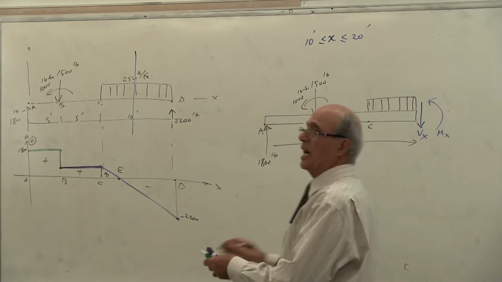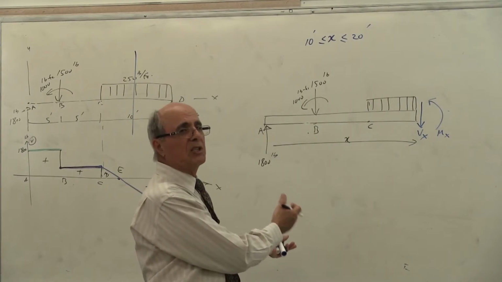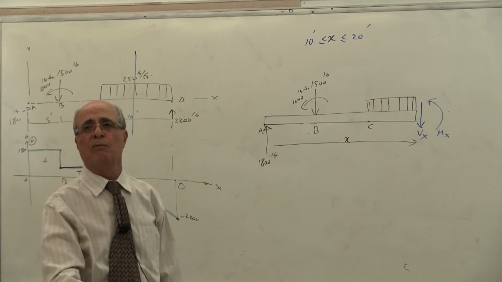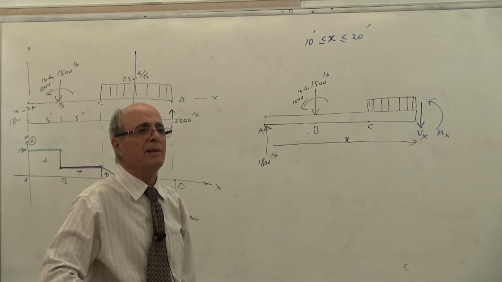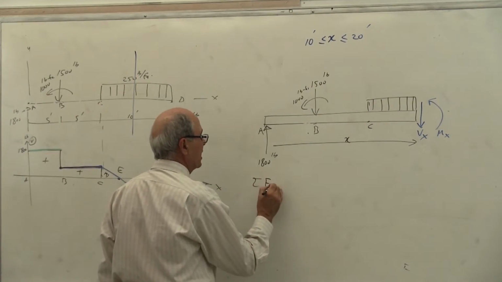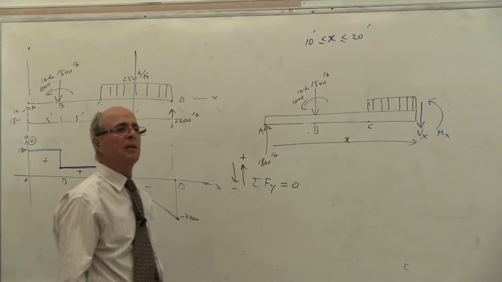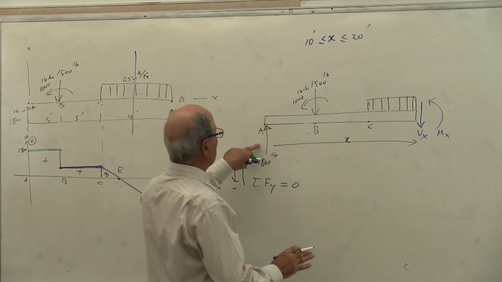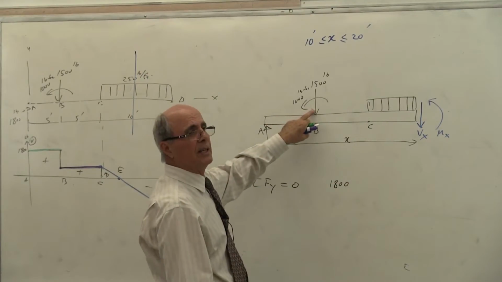Now, the rest of the story has nothing to do with ME218 or ME219, actually. This is statics. Anybody who has gone through statics for 2, 3, 4 weeks should be able to write sigma Fy equal to 0 and sigma M equal to 0. Yes or no? That has nothing to do with the sign convention. So when I write sigma Fy equal to 0, please write it down. Any force going up is positive, any force going down is negative, as statics people do. Yes? So I go here. This one is up, so it is 1,800 up. Yes or no? But this one is down, minus